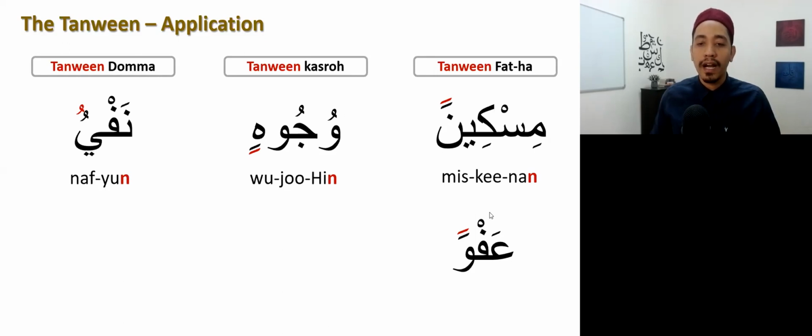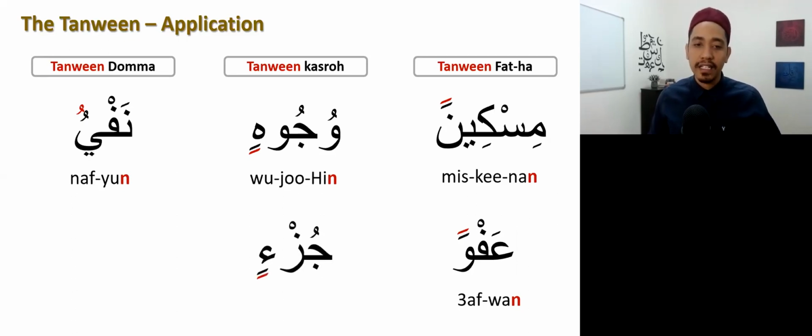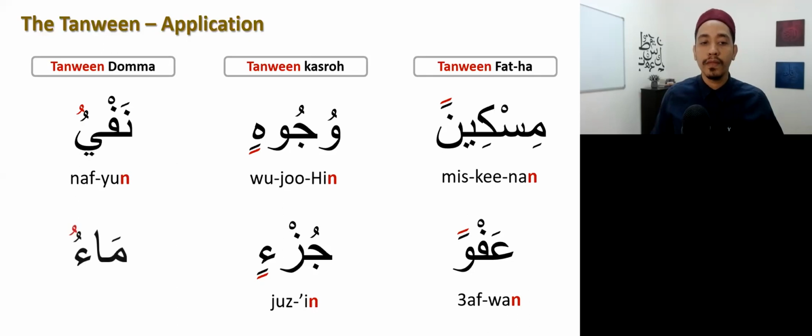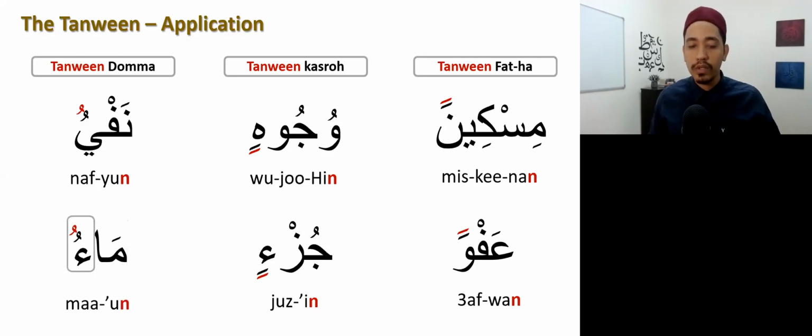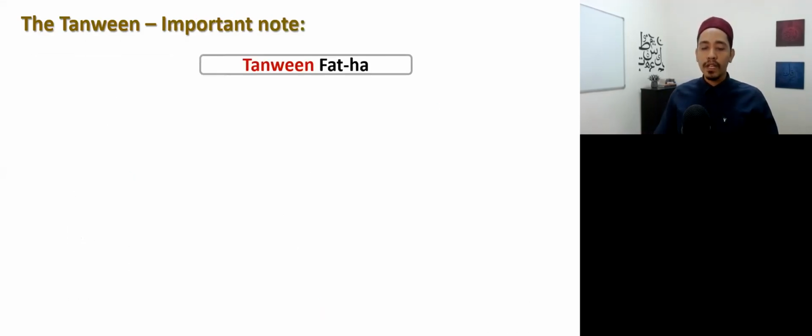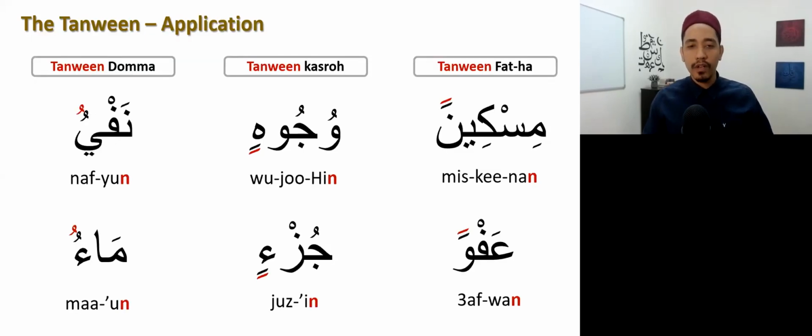Afwan. That's when someone says shukran, we say afwan. Juz'in. Ma'un. Okay. So before I mention the important note on the Tanween in terms of its shape,